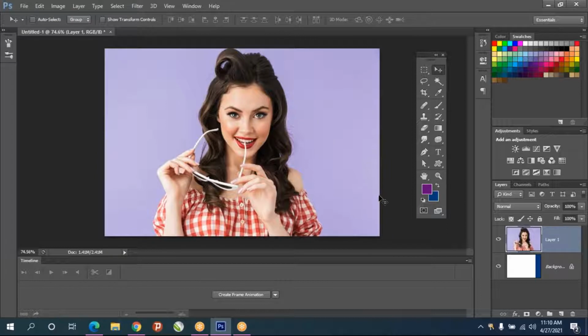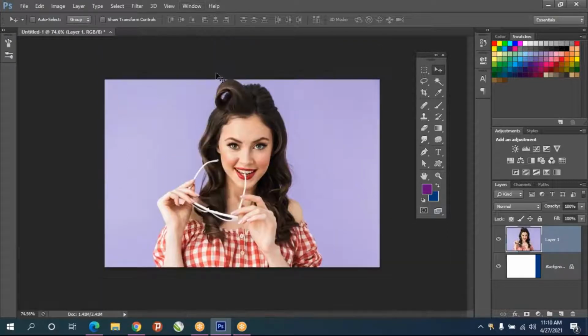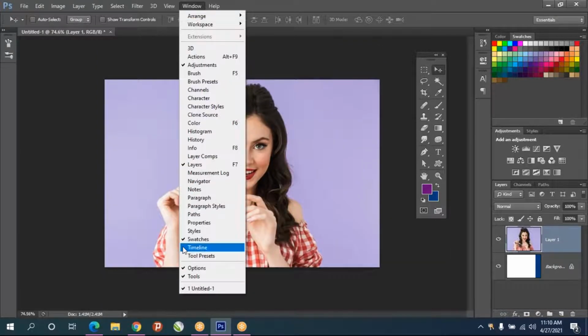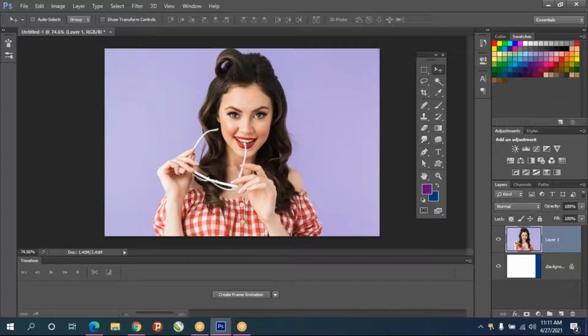Okay, let it be. For creating GIF animation, it is also called frame animation, go to the Window menu. In the Window menu, you have to enable Timeline. You'll see an option called Timeline. Click on that.